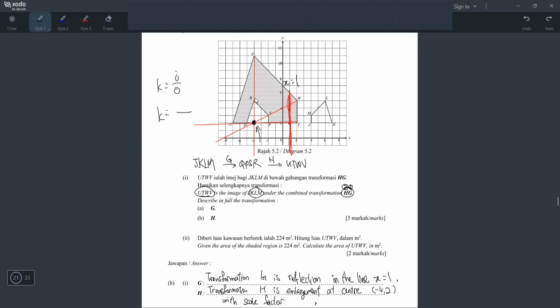Okay, and you jangan assume besar mesti after enlarge. Tak semesti. Sometimes the kecil one can be after enlarge also. Okay. It means your image sometimes can get bigger, but sometimes your image can get smaller. But if your image gets smaller, your scale factor will be less than 1.